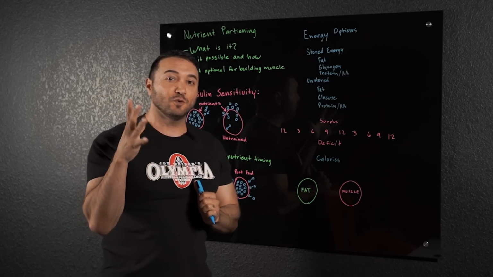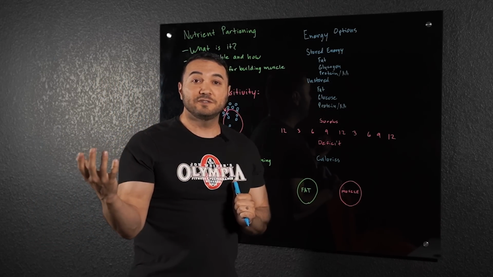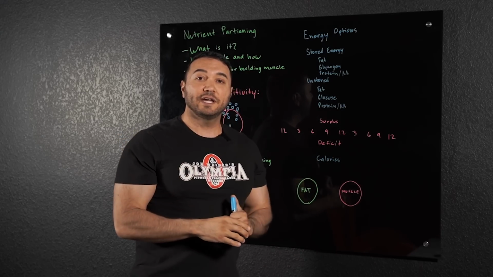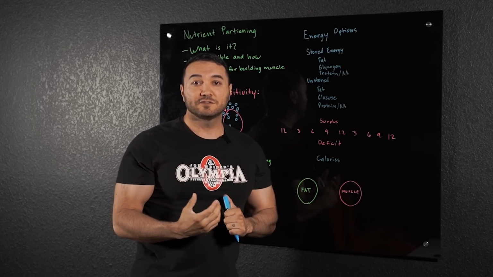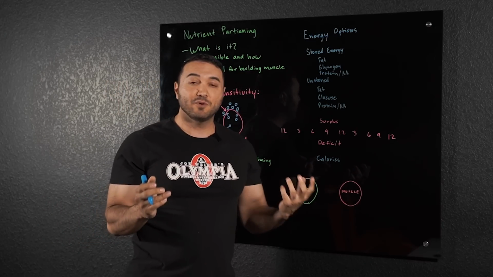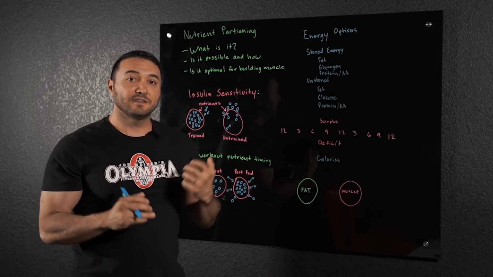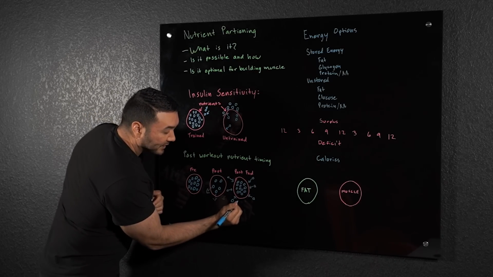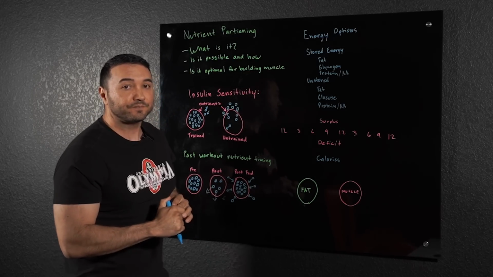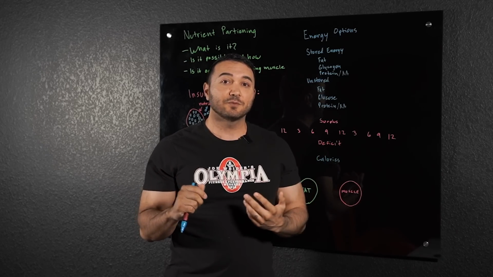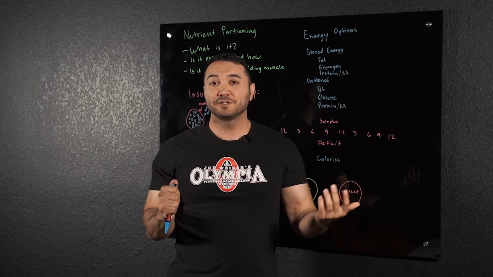You basically took a sponge full of water, you squeezed it out, and then after the workout, we throw it back into the water, right? Soak it back up, right? It is a sponge at that time after the workout to soak up nutrients. The insulin sensitivity is highest at that point because you just depleted the cells of the glycogen. So we shovel nutrients back in post-workout. Why is that relevant? Well, that's going to be a great time to eat calories and not really worry about storing any body fat during that time.